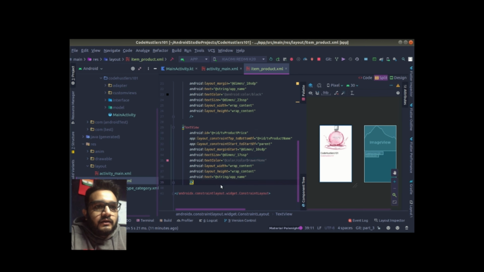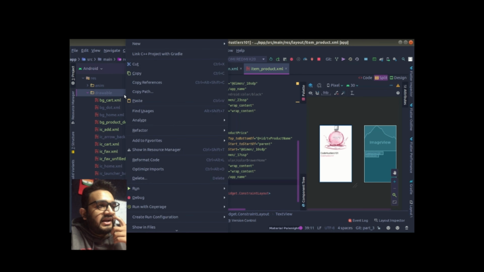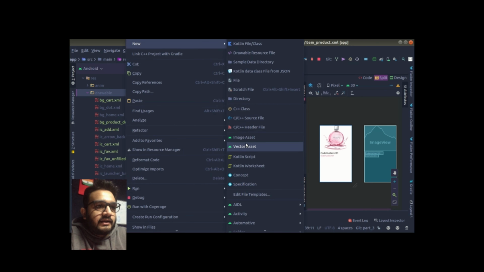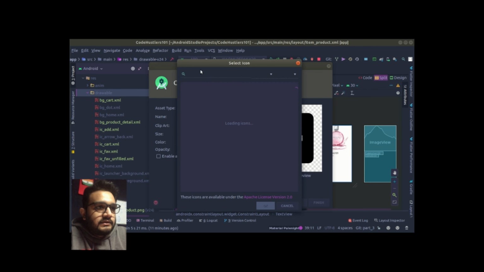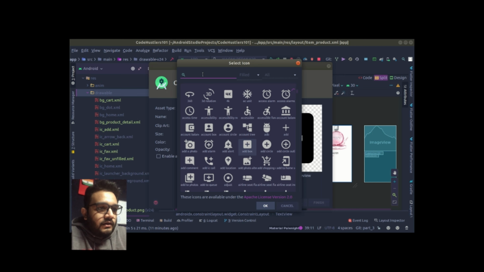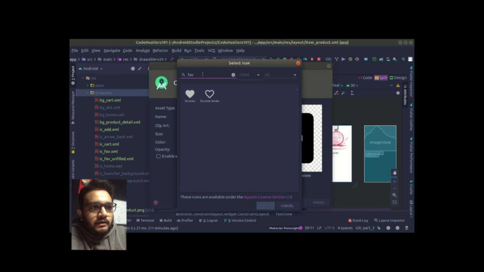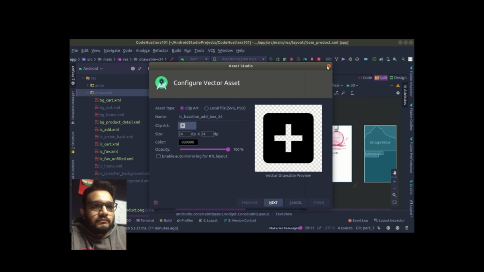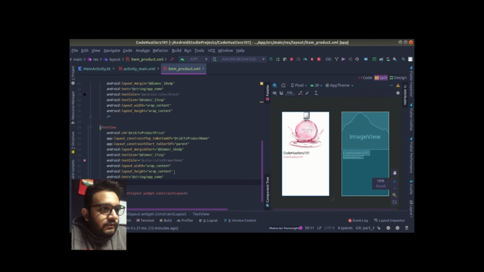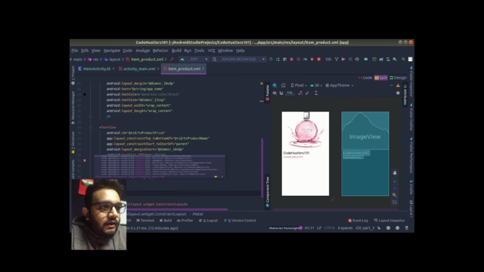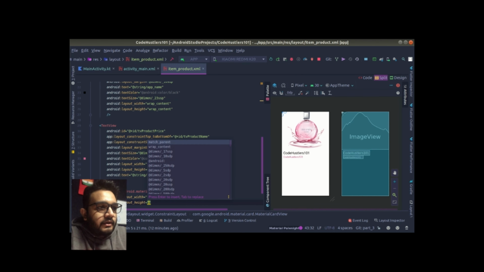So now we need these favorite icons. I already have these icons in my drawable folder. I went through New Vector Asset and just found two icons, one for favorite and one for favorite border, so you can get them from there. I have them, so I do not need to go through those procedures again. So what will I do now? I'll create a material card view, give it wrap content,